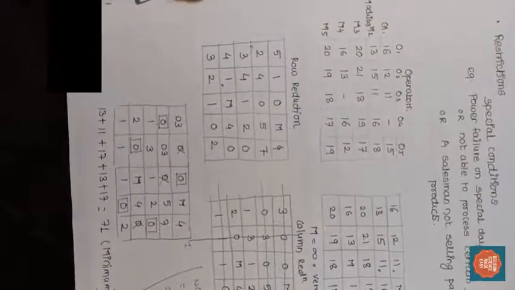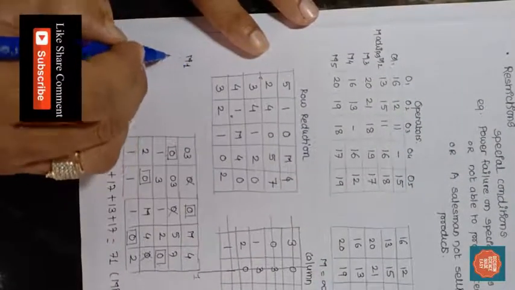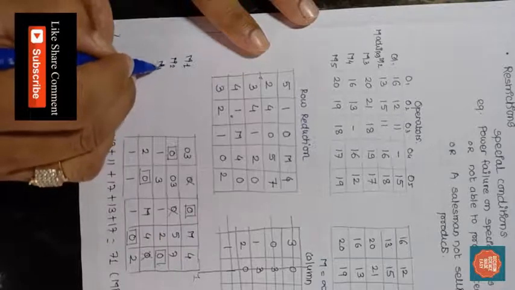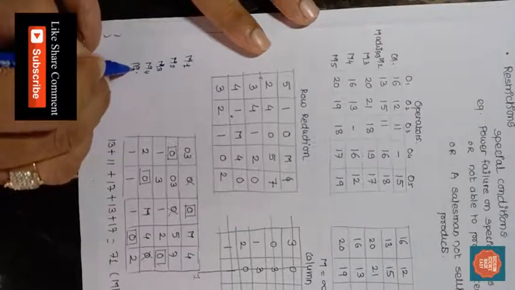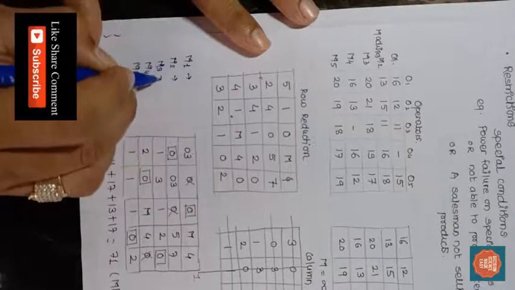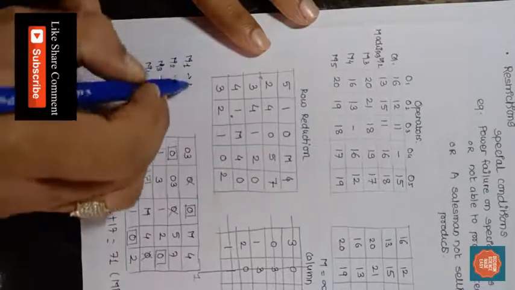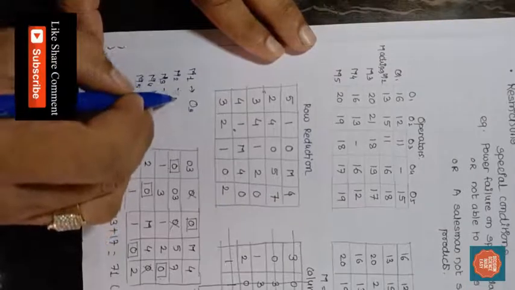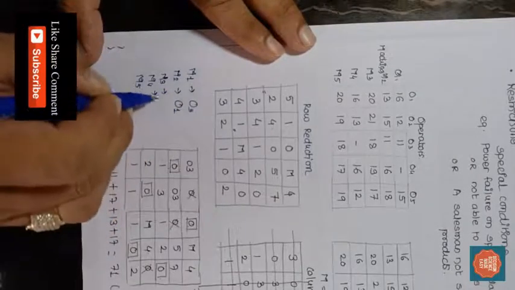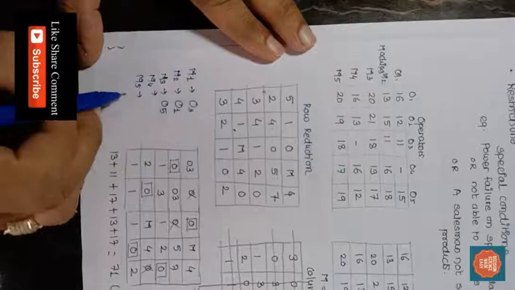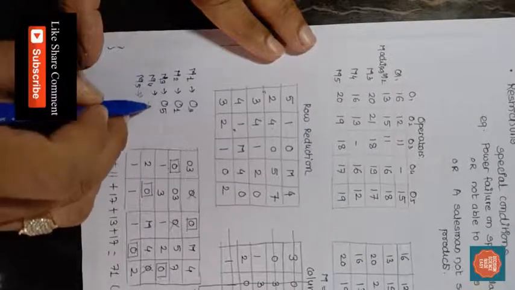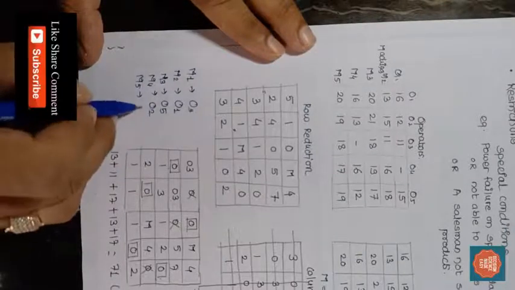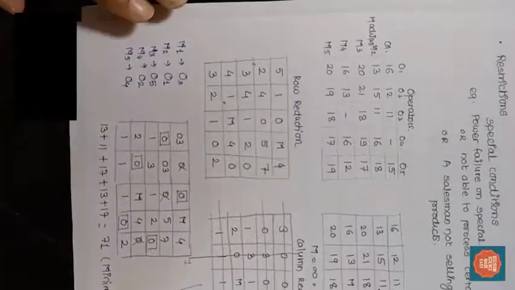So here there might be some questions like which machine to assign to which operator, like this is M1, M2, M3, M4 and M5, the machines. So accordingly we can write down the answer that operator 3 should be assigned to machine 1, operator 1 should be assigned to machine 2, operator 5 should be assigned to machine 3, operator 2 should be assigned to machine 4 and operator 4 should be assigned to machine 5. So this is how it is working.